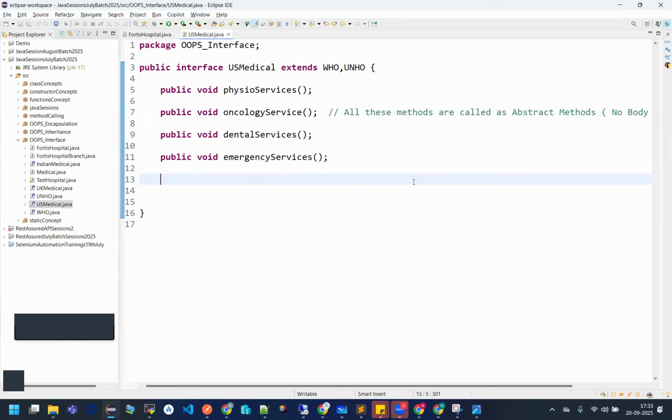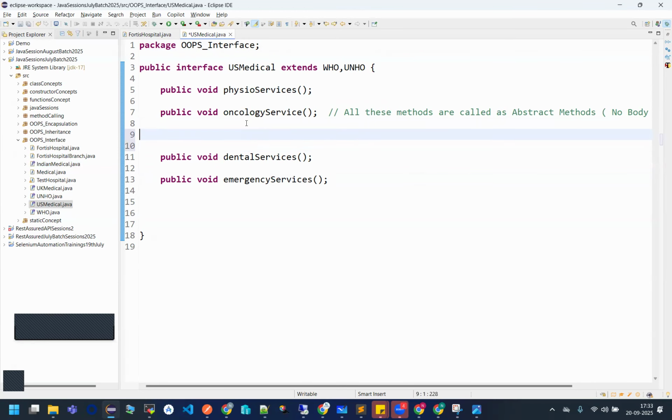All these methods are hiding the actual implementation, and only the implementing class knows what body we have to write in these implementing methods. So where no such implementation is seen, such methods are called abstract methods. And the process is called, guys, abstraction. I'm writing for you: hiding the internal implementation with abstract methods is called